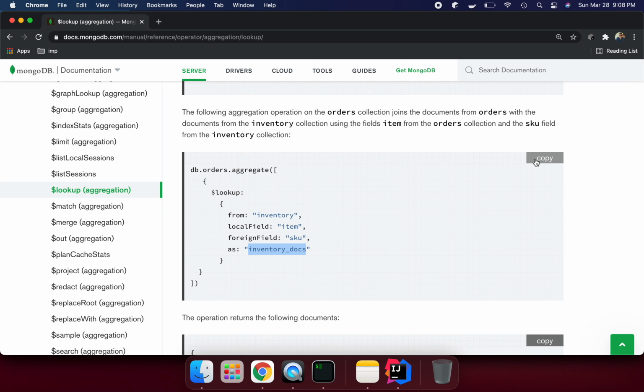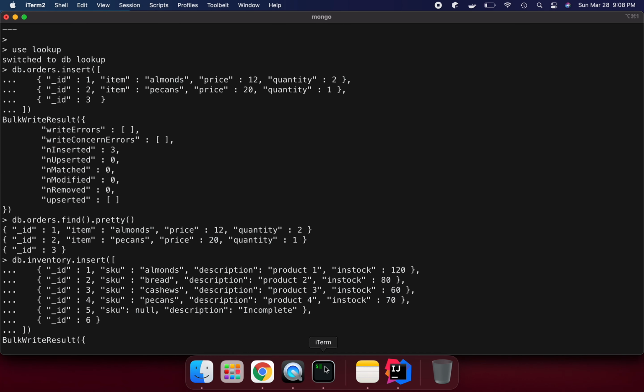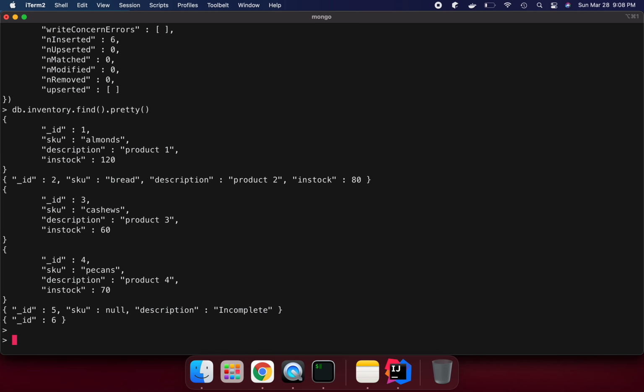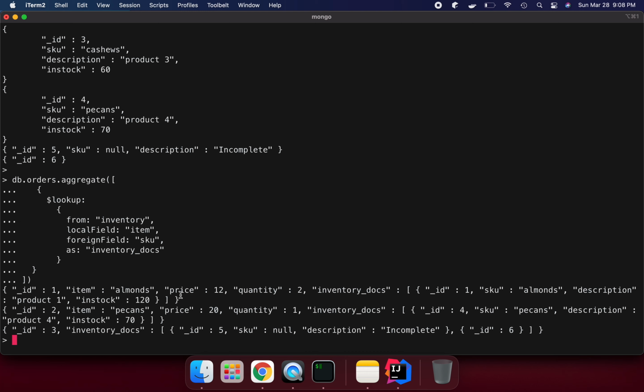So let's try to do that and see what is happening. Now we can see the result the aggregate method is returning: item elements, price 12, and inventory docs.